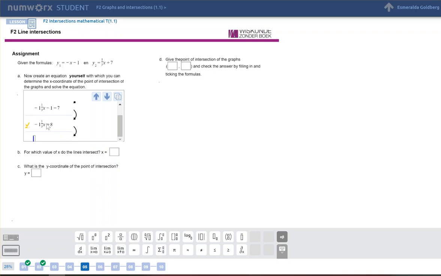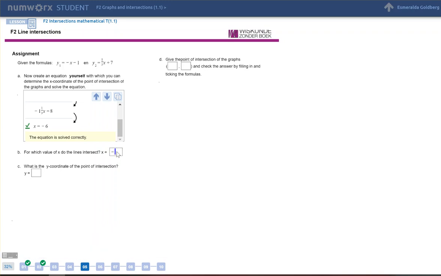In the last step, I have to divide by whatever I have in front of x. So I have to divide by minus 1 and 1 over 3. I have to divide 8 by that number. It will definitely be a negative result, because negative times something negative will give a positive number like 8. So x equals a negative number, and the result of 8 divided by minus 1 and 1 over 3 is actually minus 6. So minus 6 is the solution to this equation, which is also the x-coordinate of the point